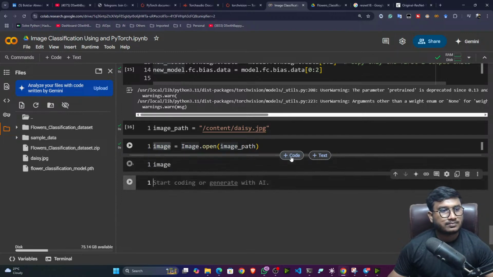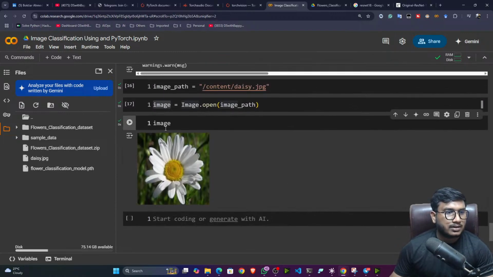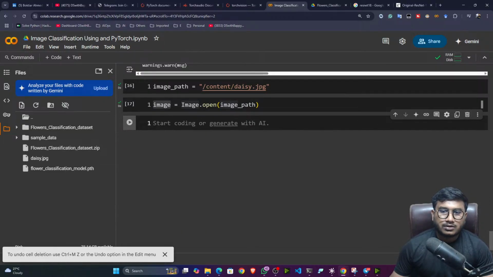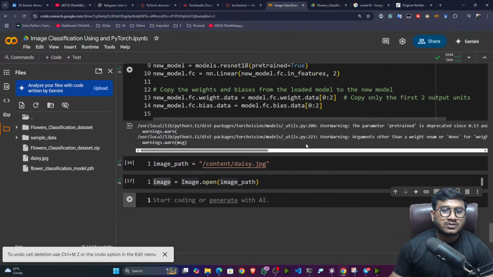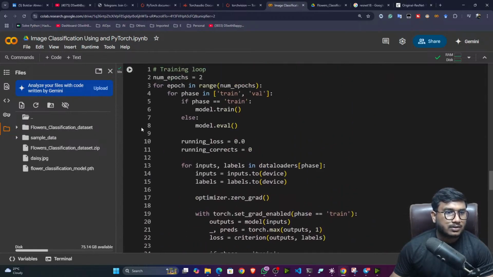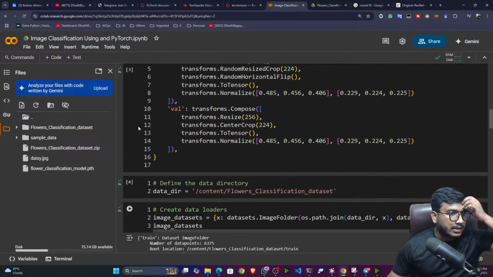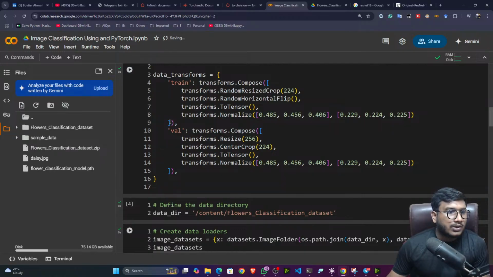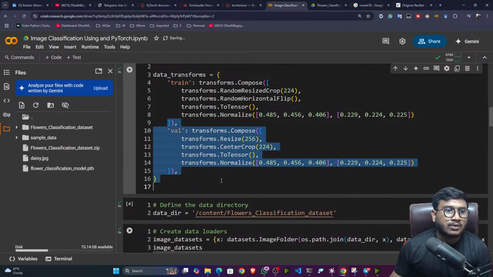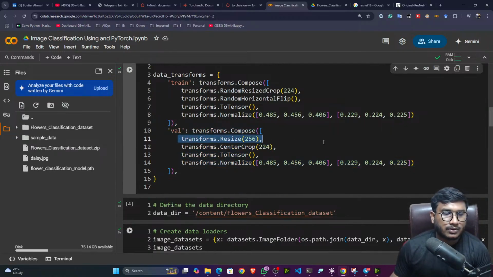See, this will give you the image metrics, but it's not visible because you are running in Colab. That's why it is directly showing you the image. Okay, so first of all you have to do the transformation, the same transformation you did in the validation. Now see, one thing I forgot to tell you, in the validation image, here we are not doing any kinds of augmentation technique. We are only doing the resize operation. Okay, because